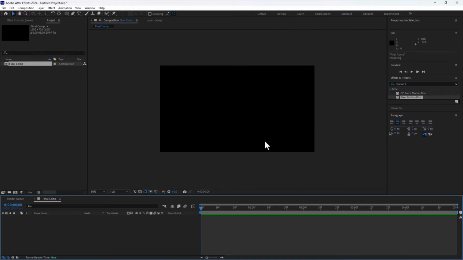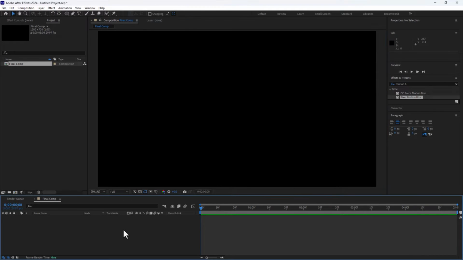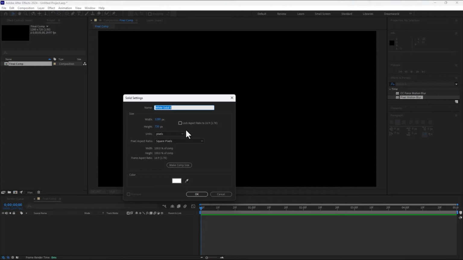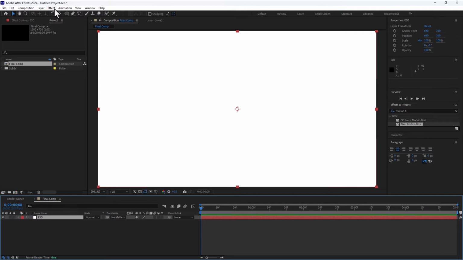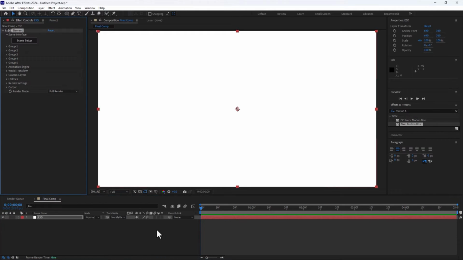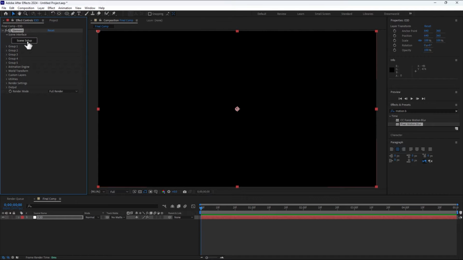Enter, set your composition screen to fit. Then go to Layer, New, Solid, and right here, name it Element 3D. Enter. Time to go to Effect, Video Copilot, Element. Okay, and now if you want to import your 3D products in Element 3D, you must go